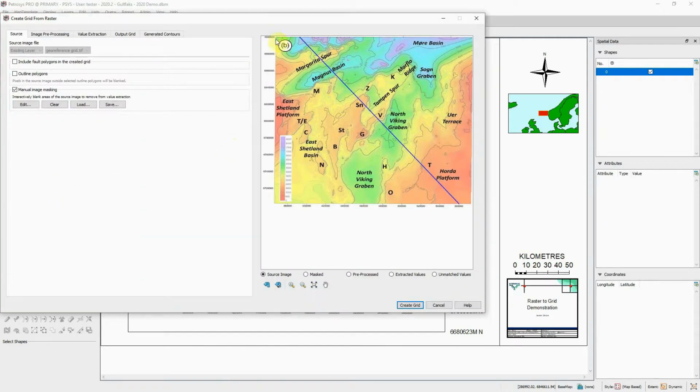As you can see there, we had a pink bounding box, which is our area of interest, and we can edit that, and I've done this before just to speed things up a little bit. So we can edit the area of interest, and then we can specify how we want inputs to work. So the first tab that opens up in the Grid Raster dialog is the source box,